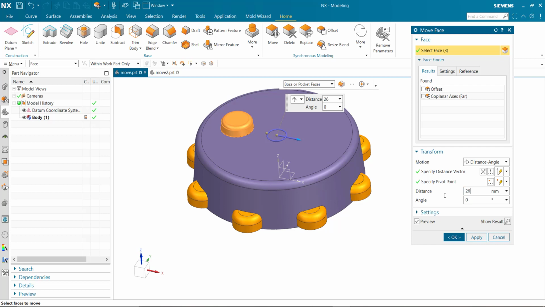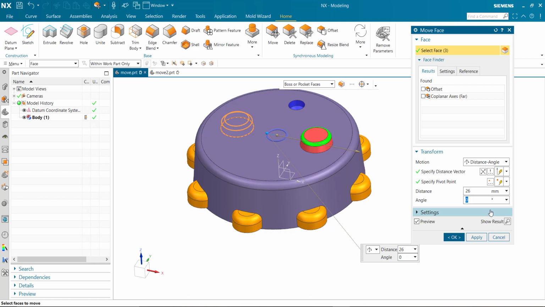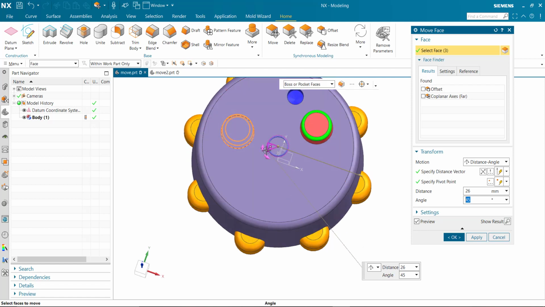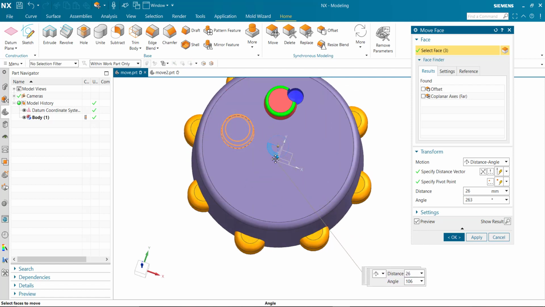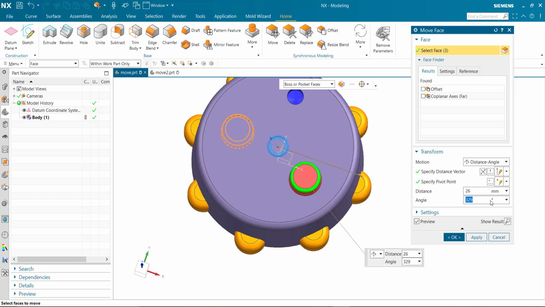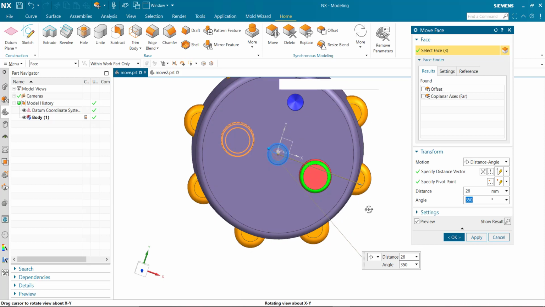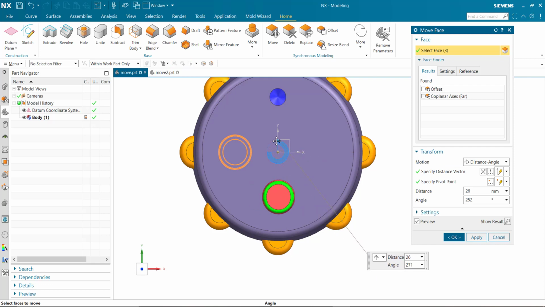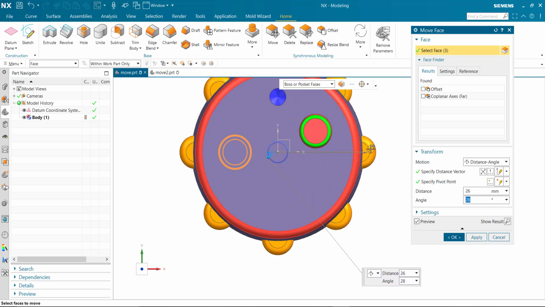We need to put the distance value here, and we can also put the angle here. And OK.